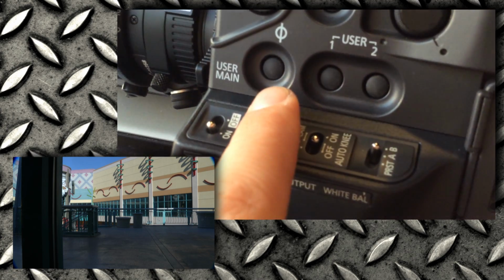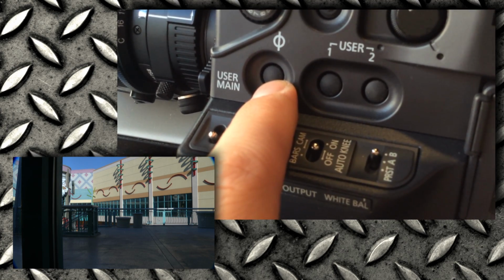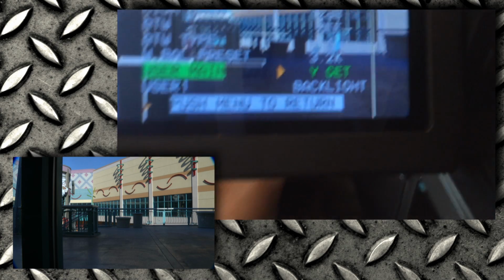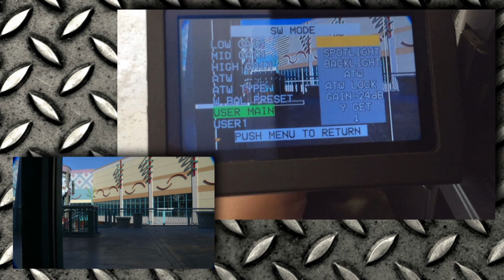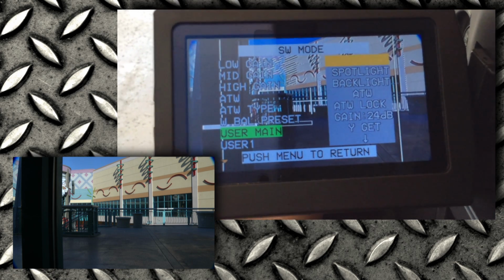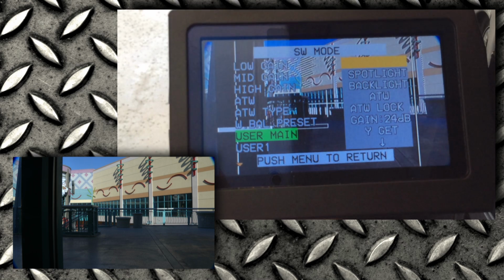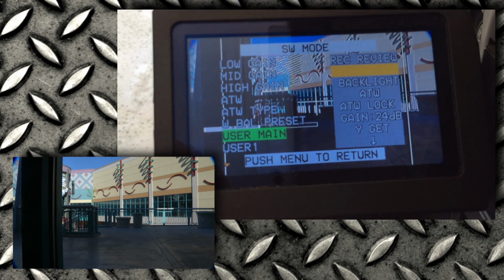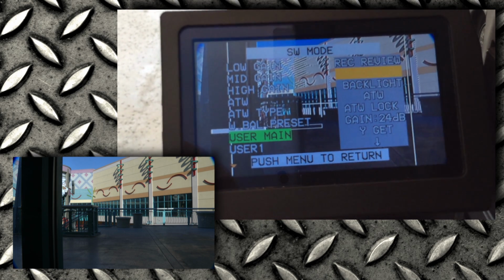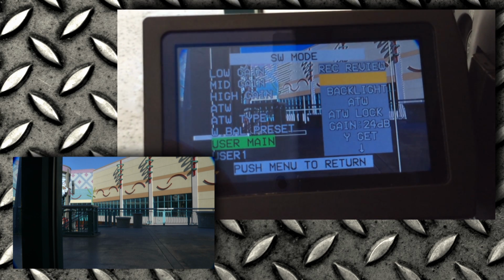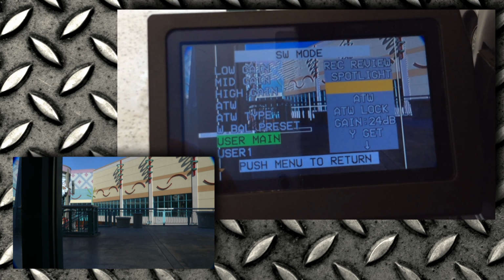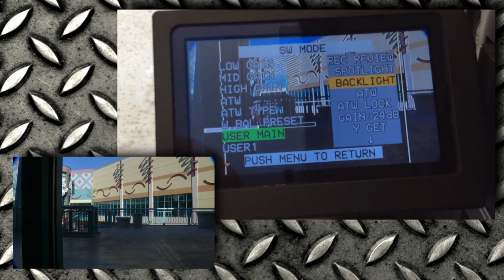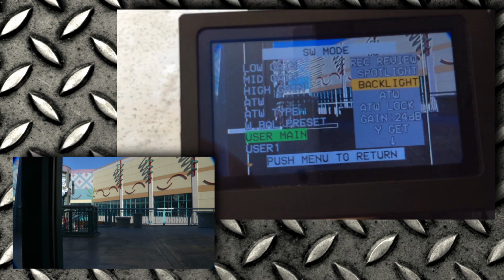Now user main is that one there. Okay. So if you click it, you get all of these different things. Record review will review the last clip that you recorded. Spotlight will give you a spotlight auto iris, which means it will make the center object tone down just a little bit. Backlight will give you a backlit auto iris, which means it will make the outer objects much brighter